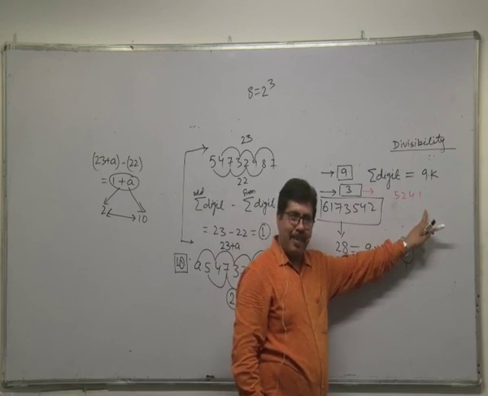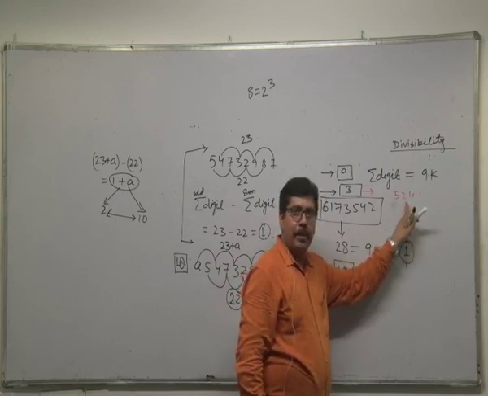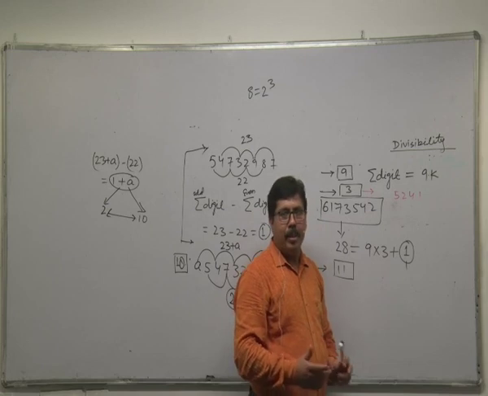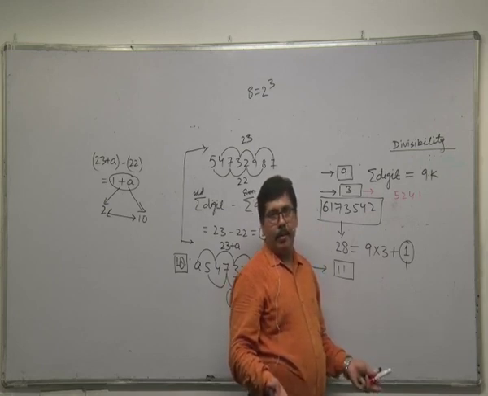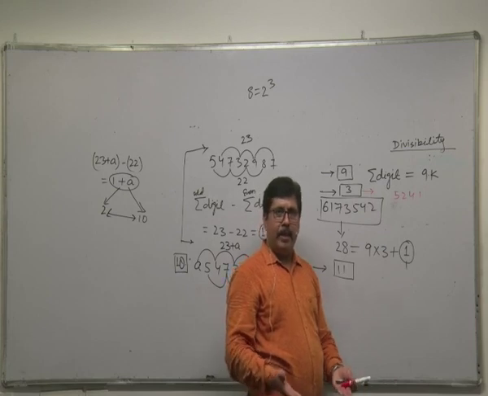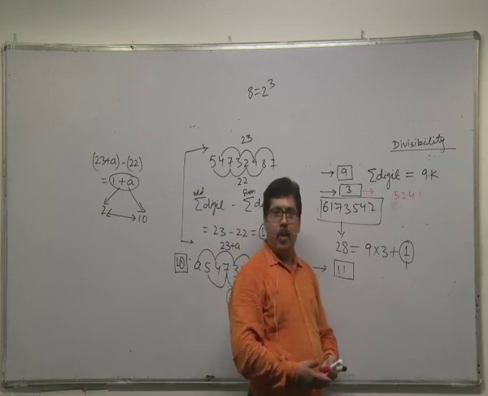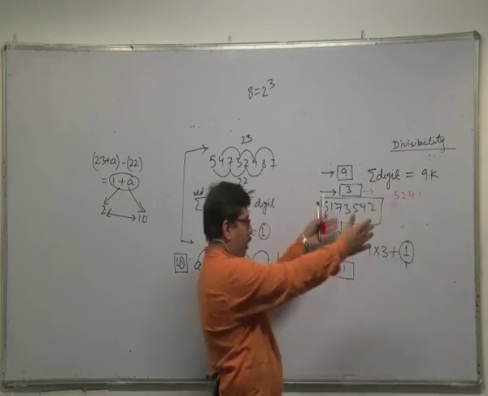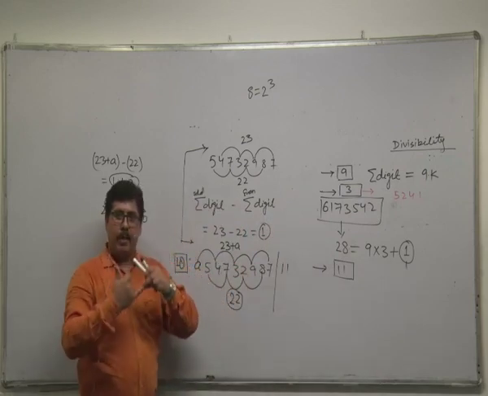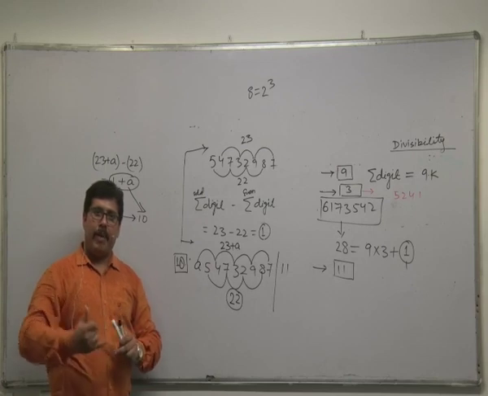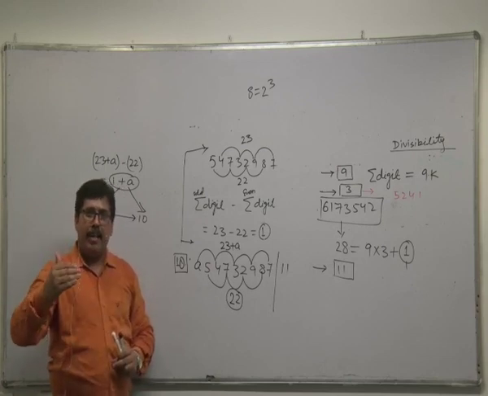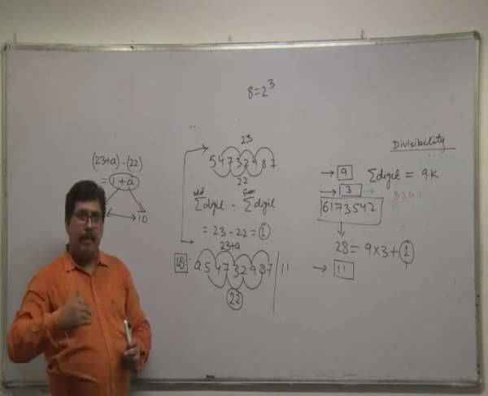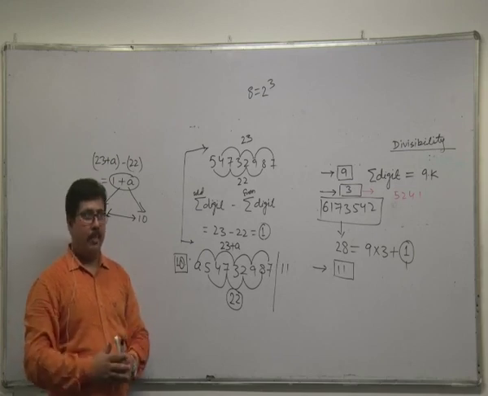This number is a multiple of 3. Yes, 5 plus 2, 7. 7 plus 4, 11, and 1 is 12. So this number is a multiple of 3. 3 is the factor of 9. The pattern which is applicable for 9 is also applicable for 3. So I'm sure you know the whole scheme, divisibility of a number by 2 or 2 raised to the power n, 5 or 5 raised to the power n, 3, 9 and 11. I'm going to discuss some elementary problems of aptitude tests based on this funda.